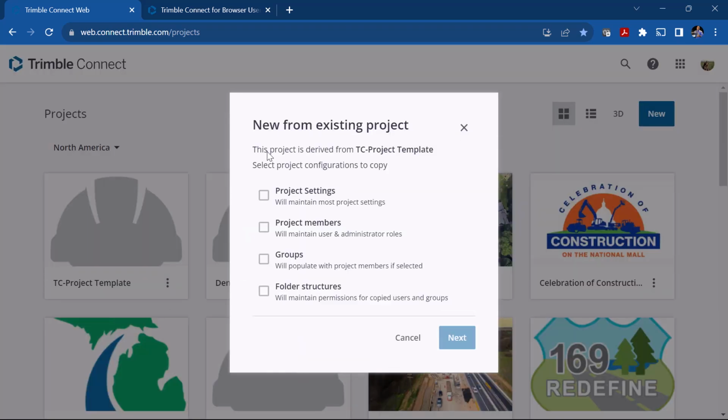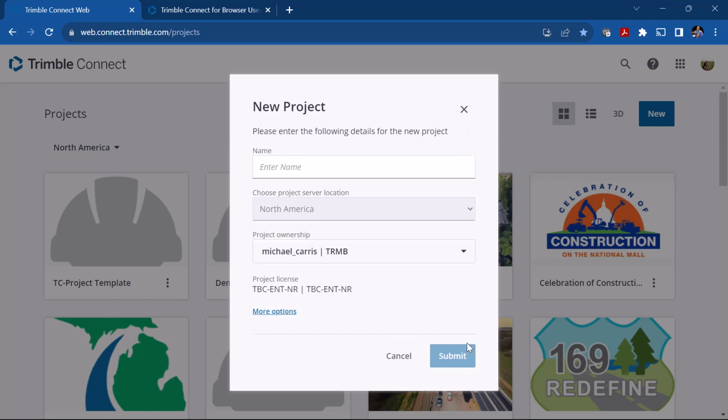So if I click on this, I can choose what information I want. So if I want the folder structure in the project settings, maybe we're going to have different members in groups, or I'm going to have the same members. So if I click project members, then the same members will be part of this particular project. If I click next, it's going to ask me for a name. I'm just going to call this Demo 2 from template. And this will become that new project. So when I click submit,